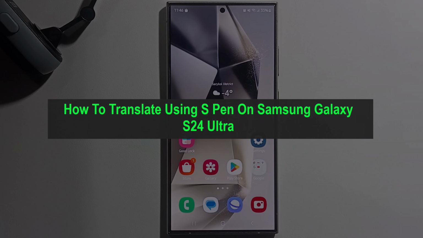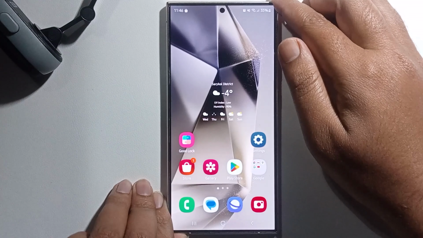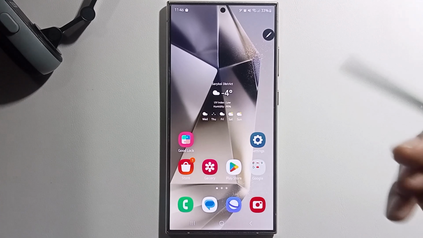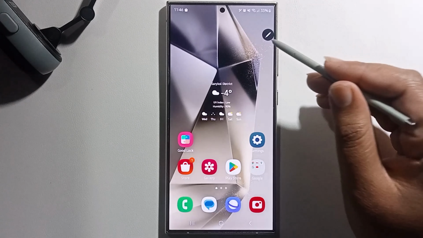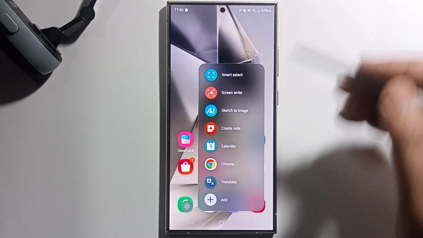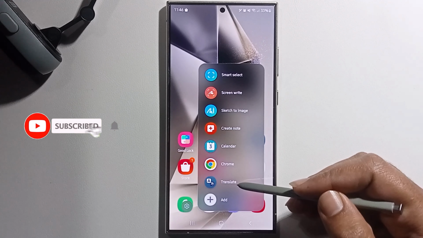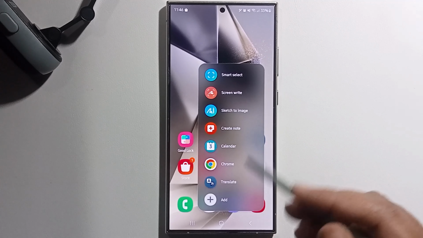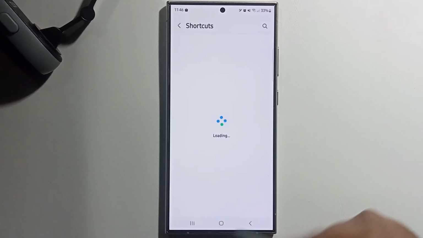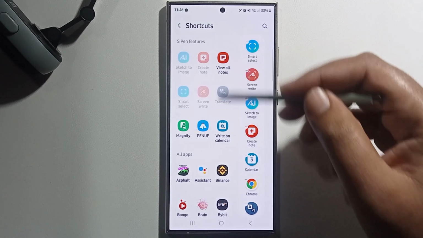Hello everyone, today I will show you how to translate using S Pen on Samsung Galaxy S24 Ultra. At first, take your S Pen and then point it to this icon, just click to select the translate option. Some phones do not show the translate option, so click on add and you can easily add the translate